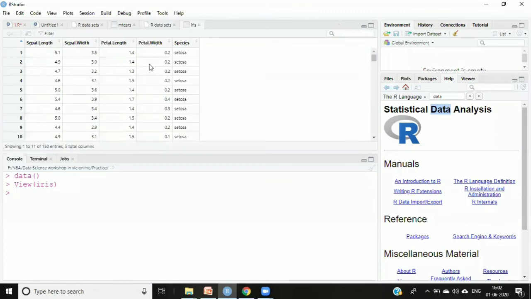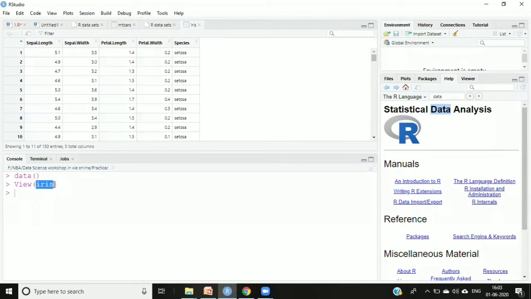So the iris data has opened. This is a kind of flower. It's showing you the different data like sepal.length, sepal.width, petal.length, petal.width, and the different species, setosa and all. What is the command to see the content? You can just fire View, and inside the brackets say the name of the data set.